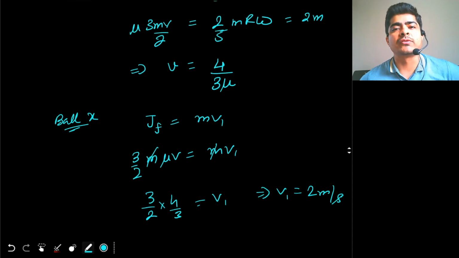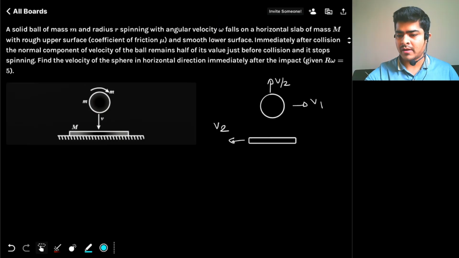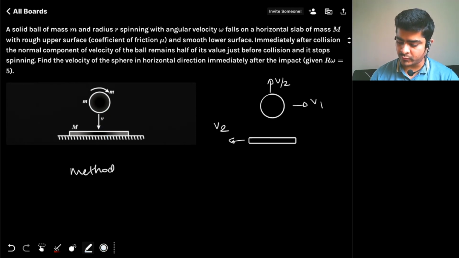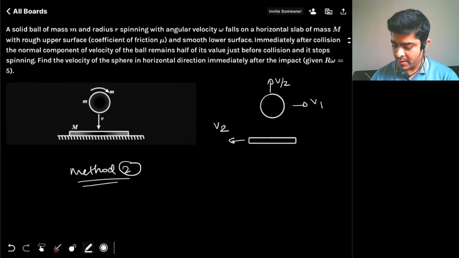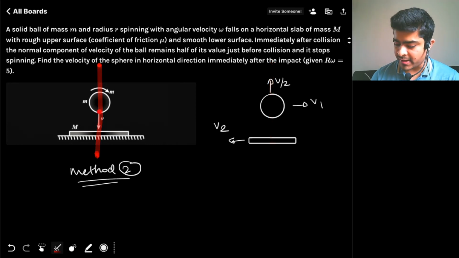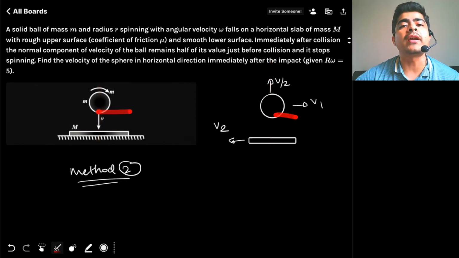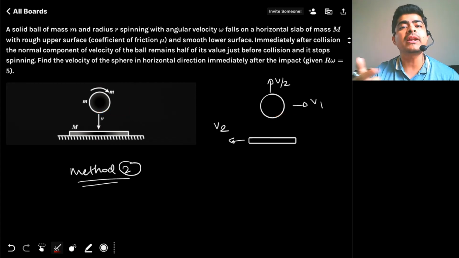Now let's solve this question using angular momentum conservation. So now we have to try method 2. In method 2, we have to choose a point about which we can conserve angular momentum. One thing we know is that the normal forces are acting along this line, right? And the friction force is acting along this line. So we have to choose a point where the angular momentum will be zero. And that is possible when these normal and frictional forces create zero torque.